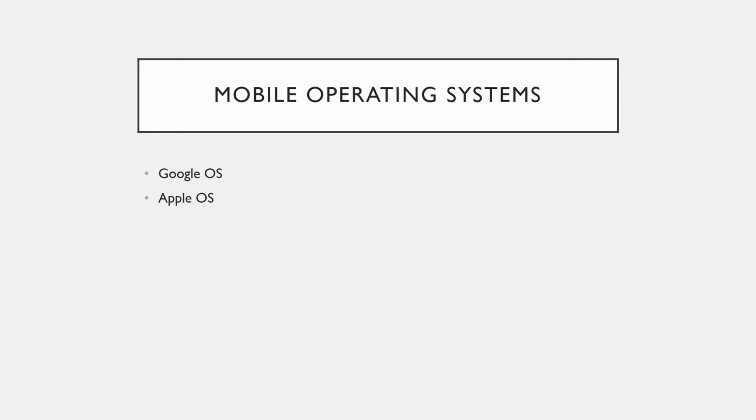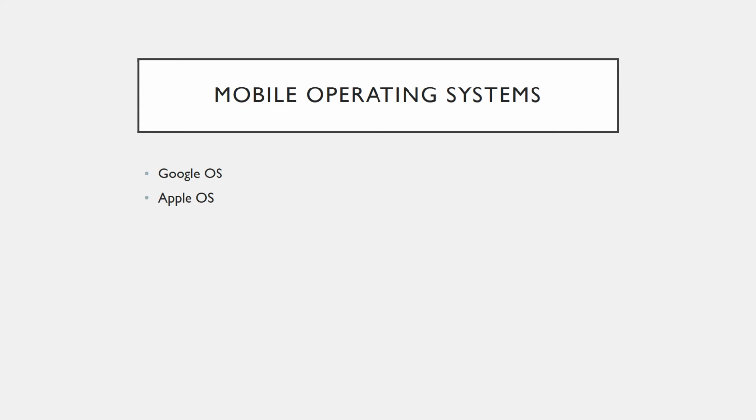Next up, we have mobile operating systems. I'm just going to talk about the two big hitters today, Google and Apple. Android is a free open source OS based on the Linux kernel. In my opinion, this makes it easier to develop on, and that could be part of the explanation as to why Android has the highest number of applications. When you're just looking at numbers, Google definitely has the most.